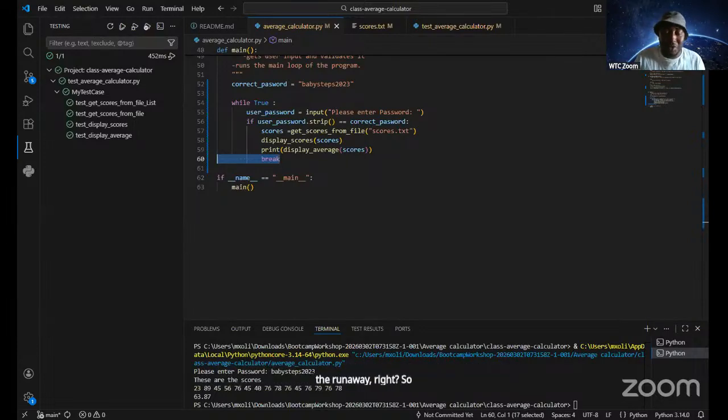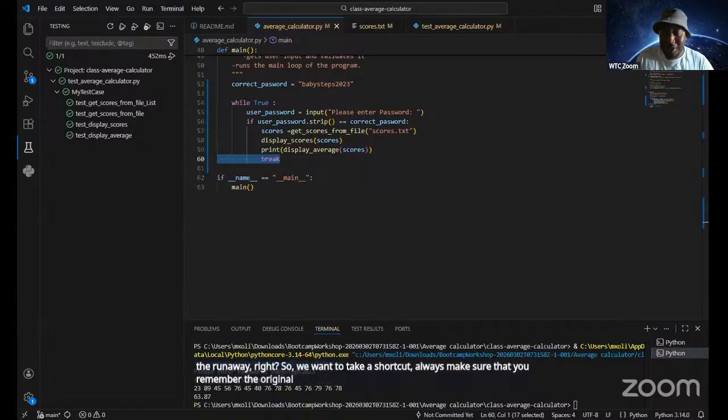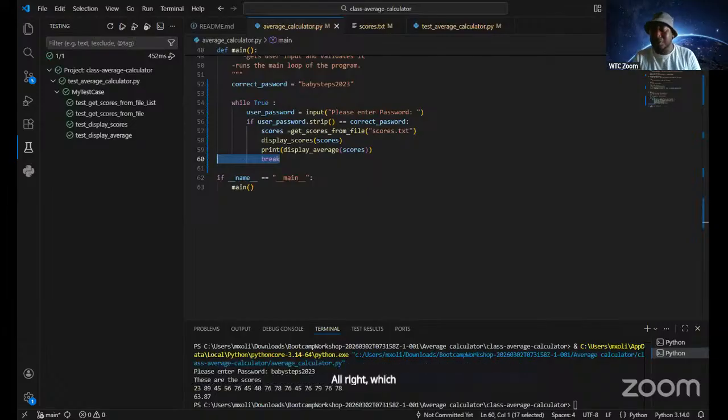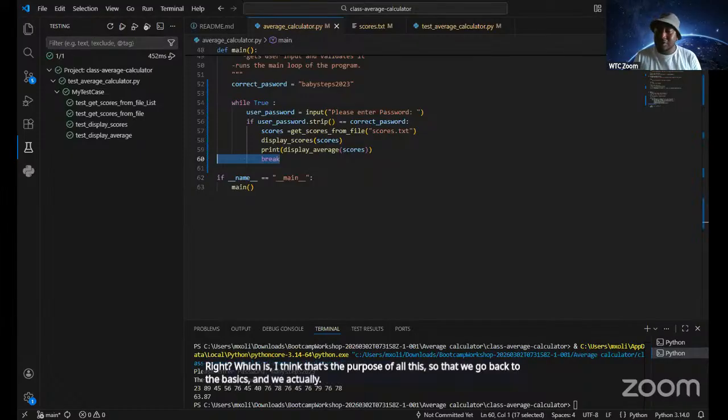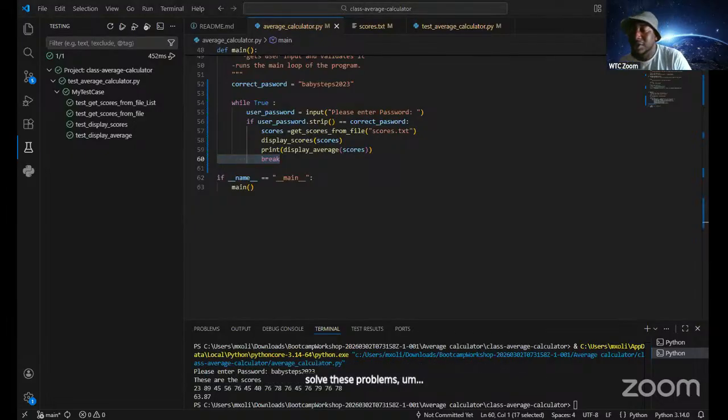So if you want to take a shortcut, always make sure that you remember the original way, which is the longer way. So that should the shortcut lead you astray, you can always go back to your safety net, which is the longer way to do stuff, right? I think that's the purpose of all this, so that we go back to the basics and actually solve these problems in the simplest way possible.